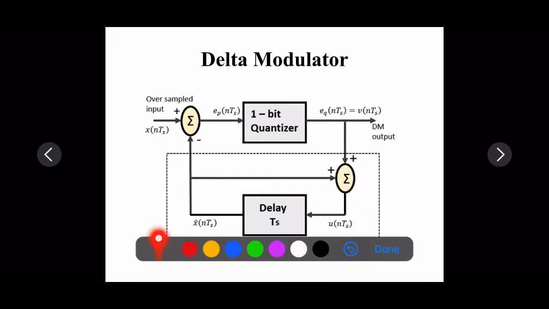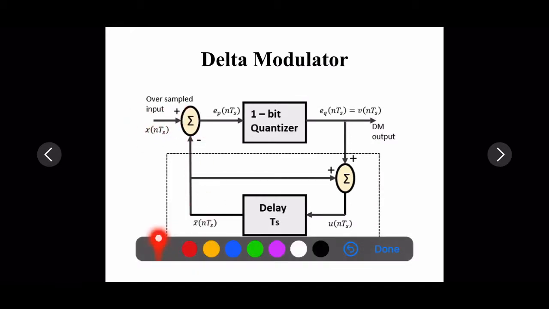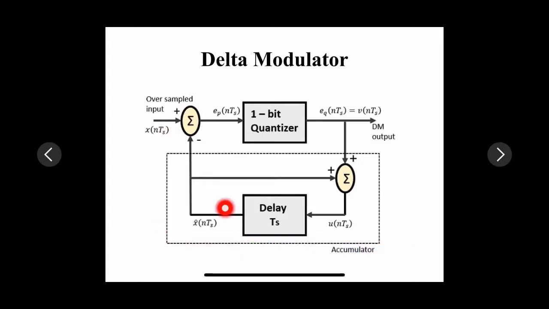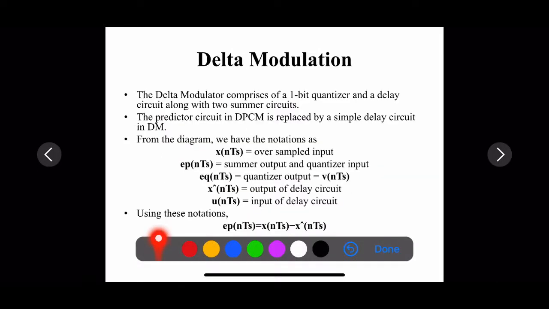So by using these notations we can form e_p of nTs. e_p of nTs is a combination of x of nTs and also x cap of nTs, two inputs going to the comparator. So e_p of nTs will be x of nTs minus x cap of nTs. That's what we are having here.